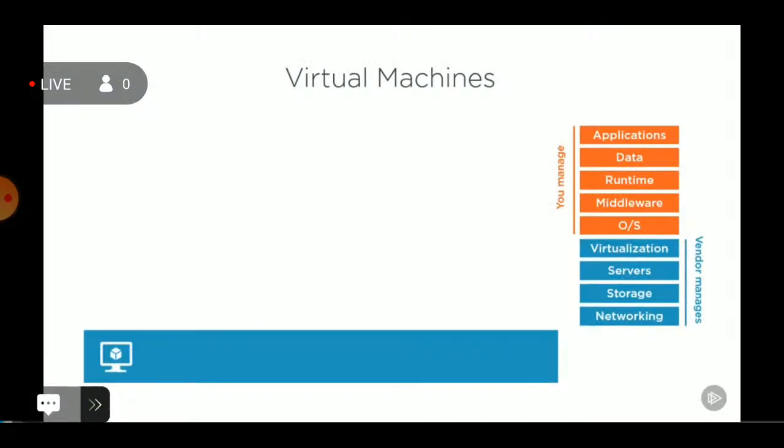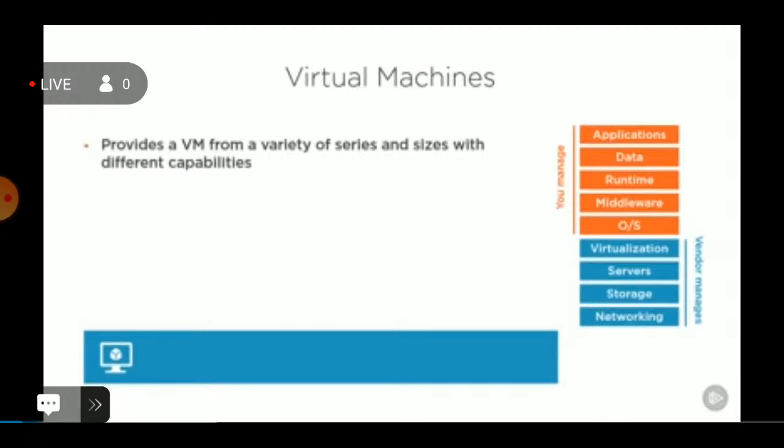In this lesson, I want to cover virtual machines. Now, as the layers show, here you're responsible for everything from the operating system running inside the VM and above. Now, I can create a virtual machine from a variety of series and sizes. Now, these have different capabilities. If I think about my